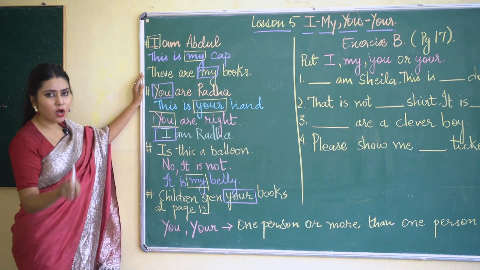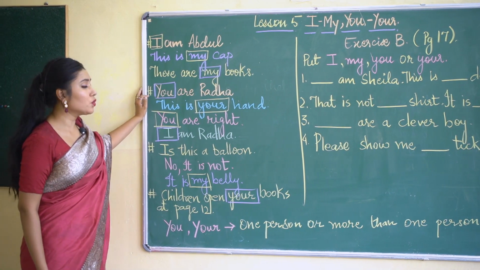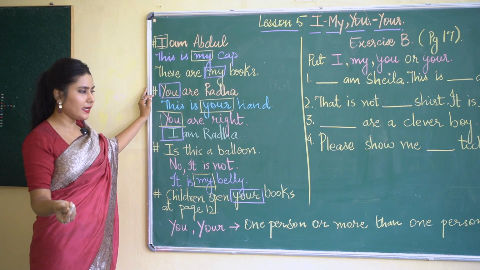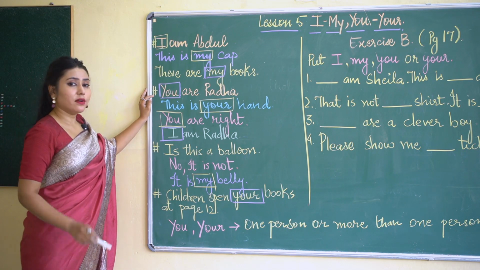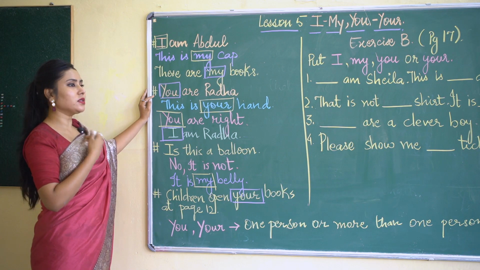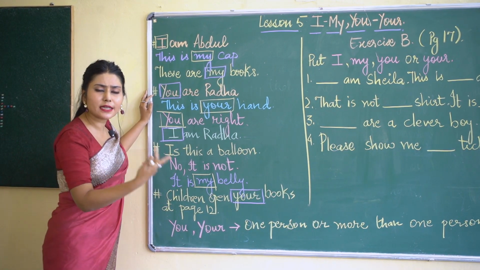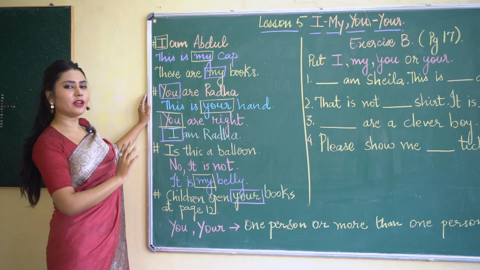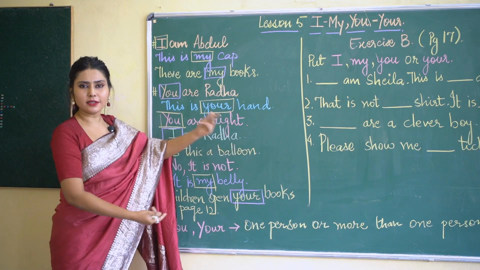Alright. Now on the contrary, we have the other part of the sentences given here, like you are Radha, or whatever names you can give to others. So you are Radha. That means now he cannot say I am Radha. No, not like that. If you are dealing with two people, if you are interacting, if I am Abdul, then you are Radha. It's kind of an introductory class going on: I am Abdul and you are Radha.